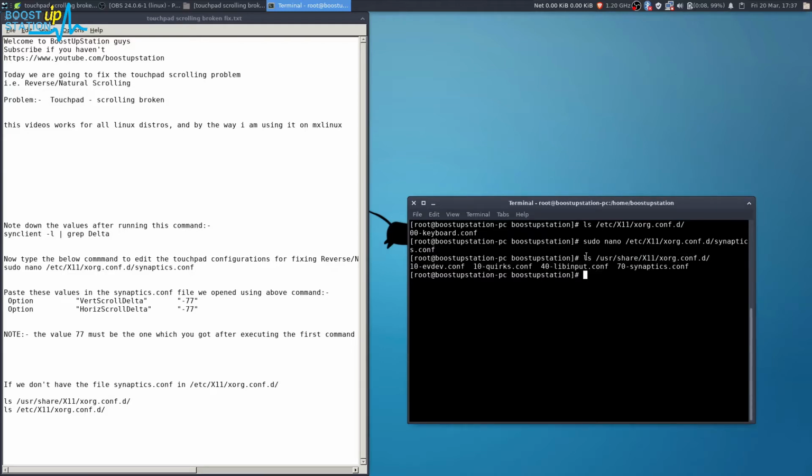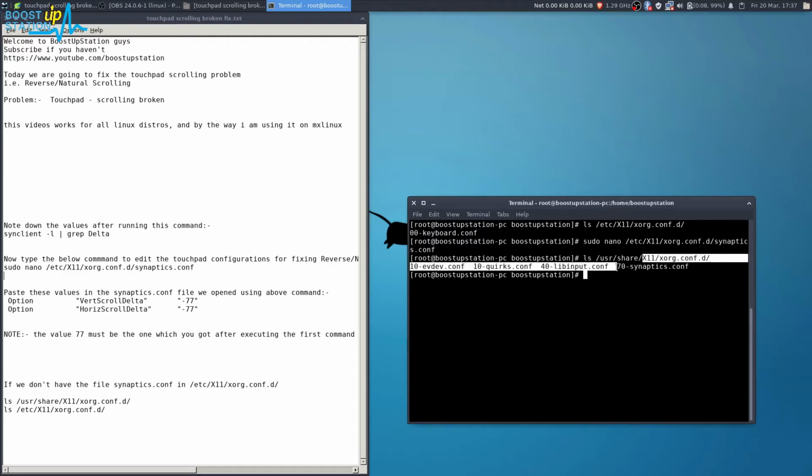Alright, so if in this folder you do have any one file out of these with integers in front and synaptics at the last, or any of these files related to touchpad other than the keyboard, okay, then you have to edit the same file which has integer in front, from this folder. Otherwise, if it's not, then we are going to edit a file from these ones.